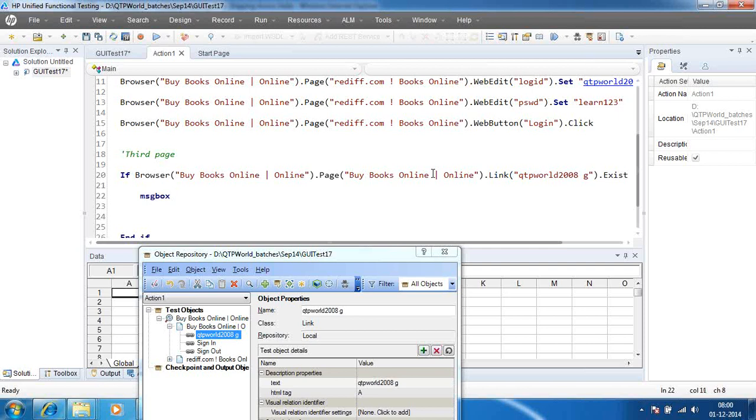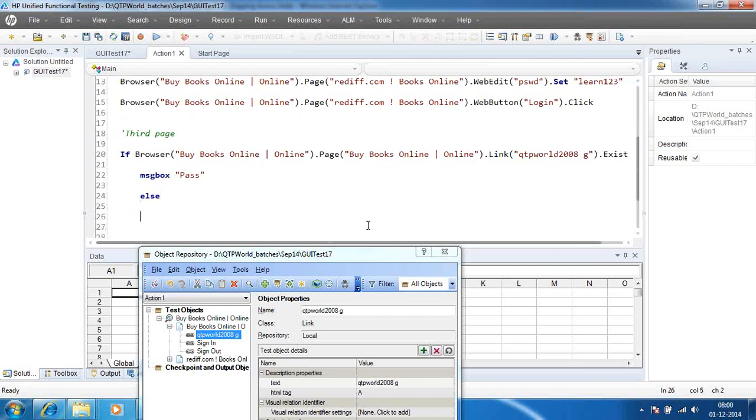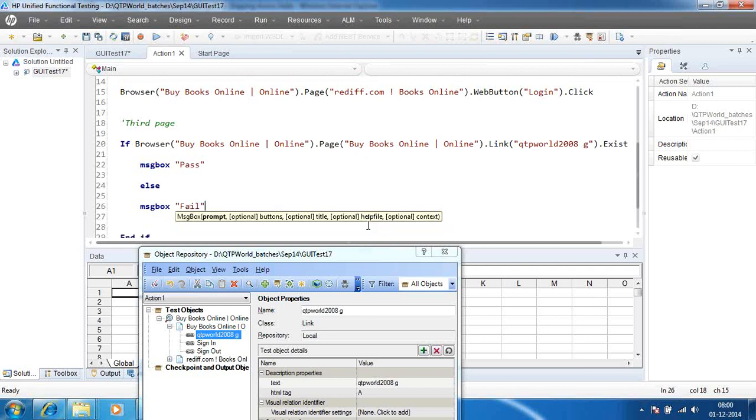What would be the condition inside? It would be like, shall I say message box pass if it is existing. Basically, if the link is existing, I can say pass. Else, message box is also a VB script part where it will prompt whether it is pass or fail. And else, what should be the condition here? The fail. Let me reiterate.